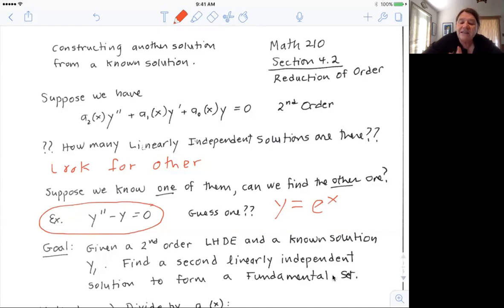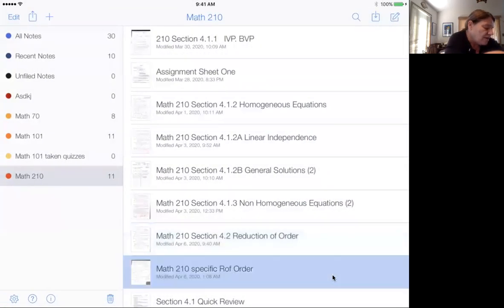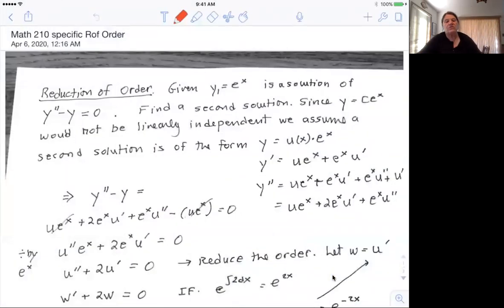If we find that second independent solution, we can write the general solution to the homogeneous one. So let me go back. And what I want to look at is this one, the one that we just looked at. And I want to talk about a method that's going to come up a couple more times in the course. So I think it's a good idea to look at a specific one, and then I'll look at generically how